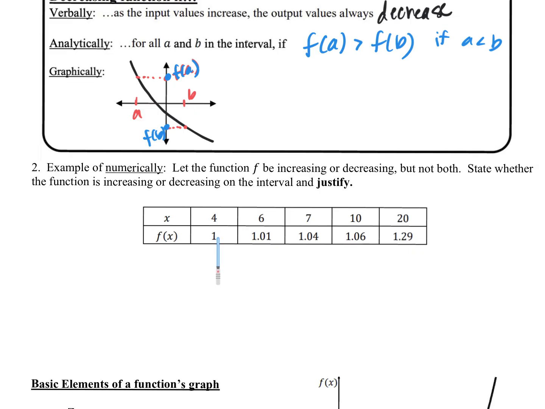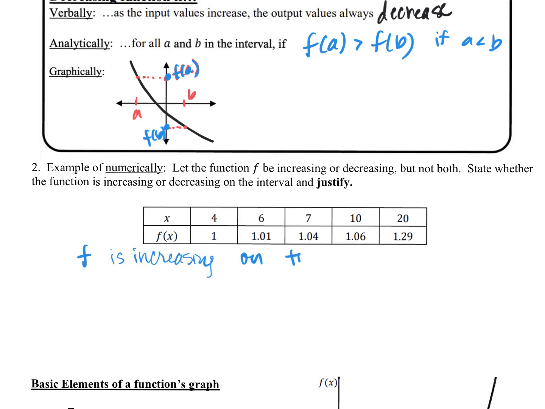write it again. What do you think is going on with this function? It says, let f be increasing or decreasing, but not both. State whether the function is increasing or decreasing on the interval. Look, as my x's get bigger, as my inputs get bigger, what are my y values doing? Getting bigger. So what would we say my function f is doing? Increasing. Yep, so this is the formal way of saying it: f is increasing